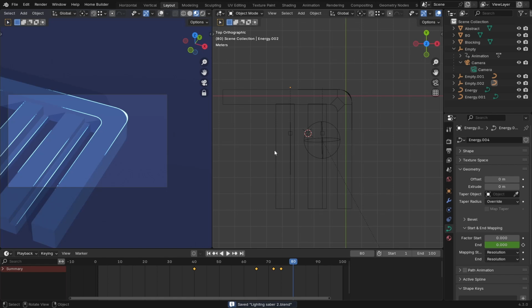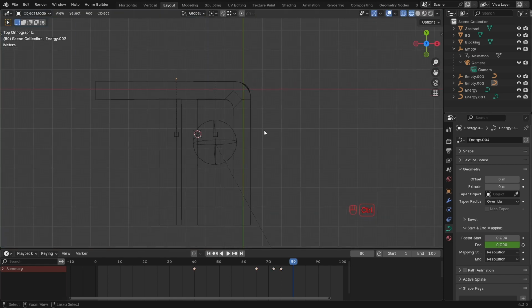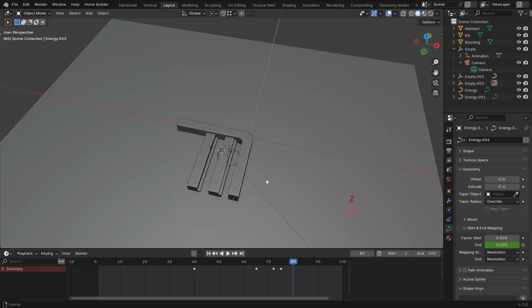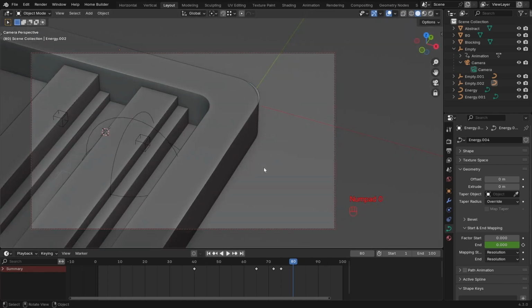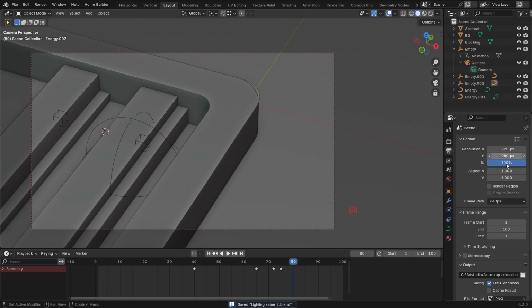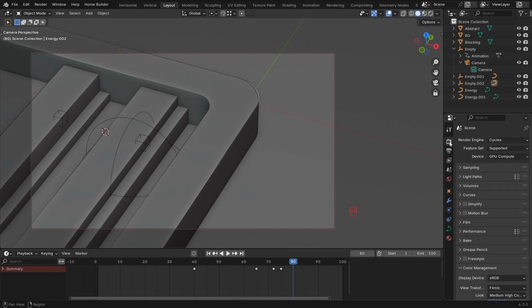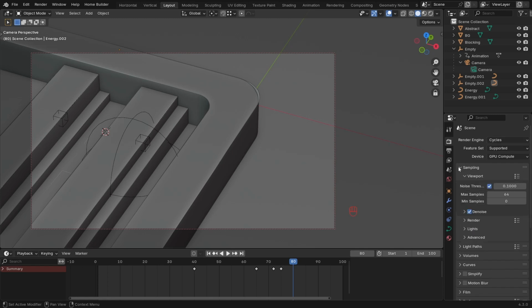That's very interesting. So we animate it, and now it's time for just testing it out. So let's go to the render properties. Everything is okay in the output, and then let's go to render settings. We use Cycles for render. Let's open up sampling. We don't need the viewport. Let's open up render, and in the render I